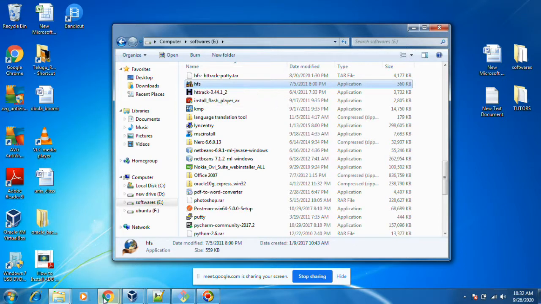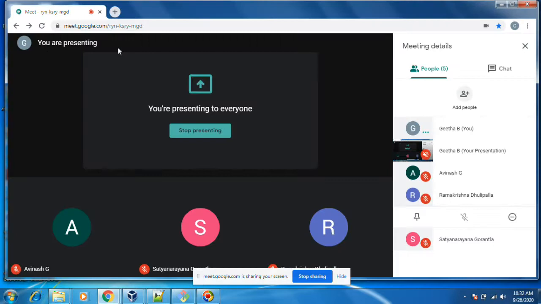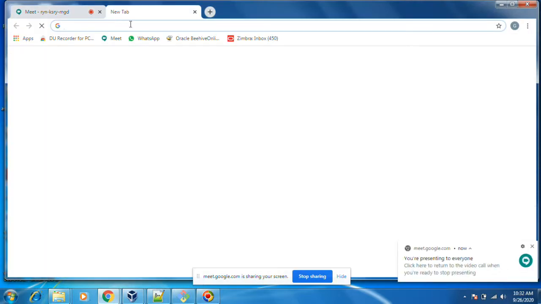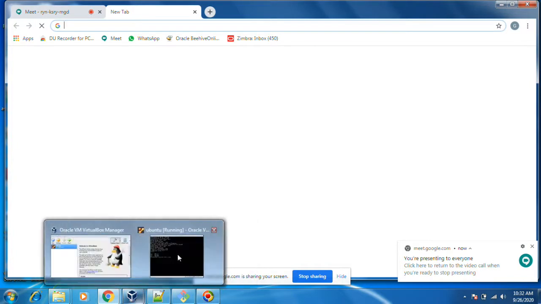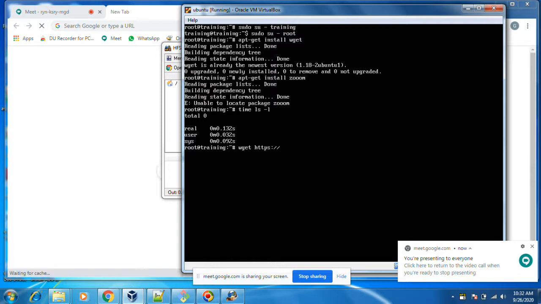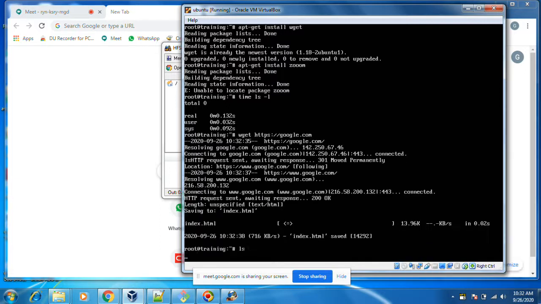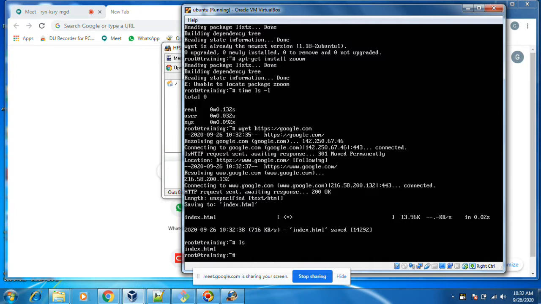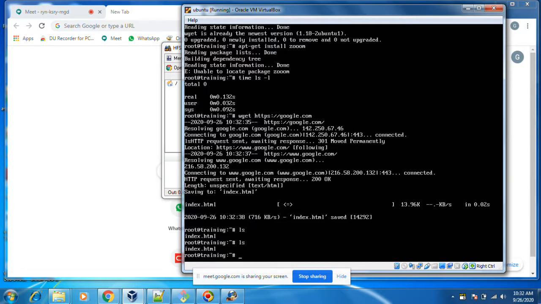Okay, to download anything from Google, like google.com, if I want to download a page, you need to do wget. After completion, I see the download is completed. It is index.html that is there.